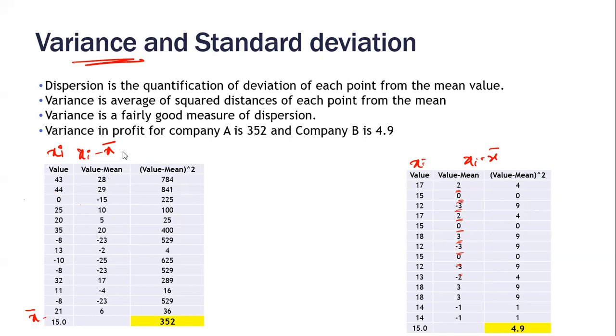Now, I cannot simply take the summation of all these deviations, because some deviations are positive, some deviations are negative. Just simple summation is not a good idea. Either I have to take absolute value, then take the summation or the average, or I have to take the square value. So here square is mathematically convenient. So xi minus x bar whole square is taken. This is 28 square, 29 square, minus 15 square. No matter whether it is positive or negative, square value will always be positive.